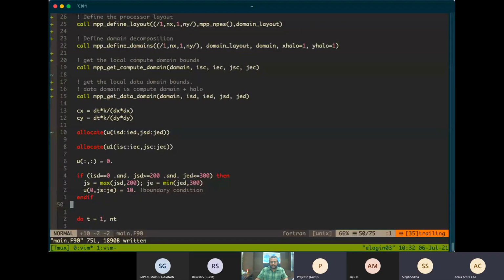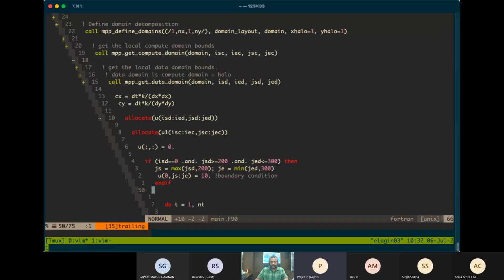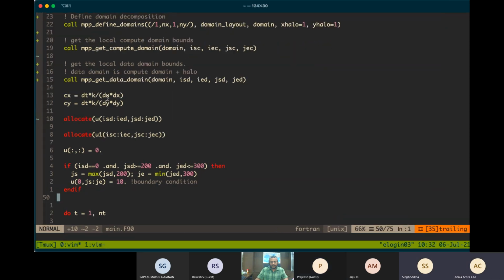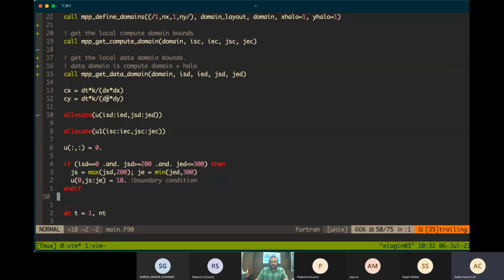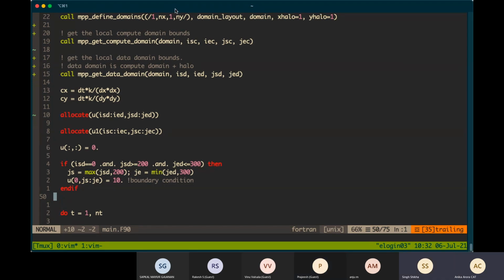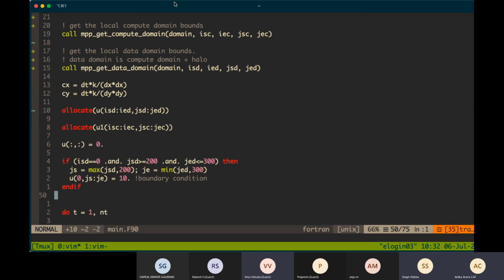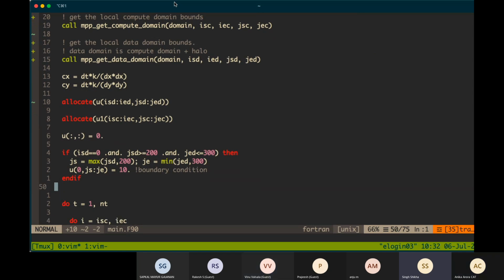My terminal is visible, right? Yes. Should I make the font size a little bigger? Yeah, maybe a little bit. It is okay for me. I think it's visible.